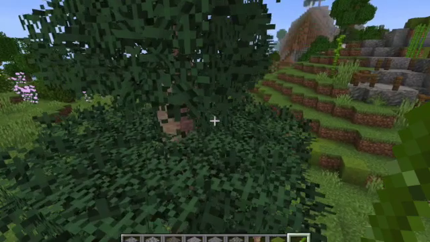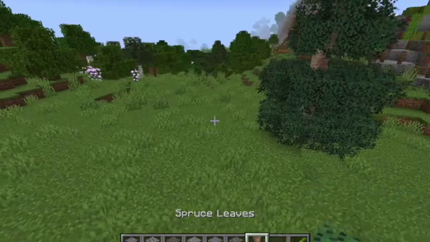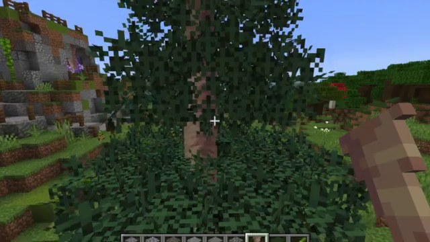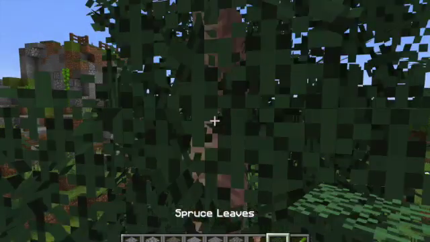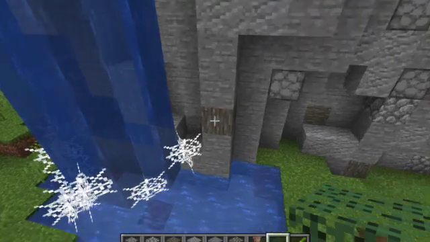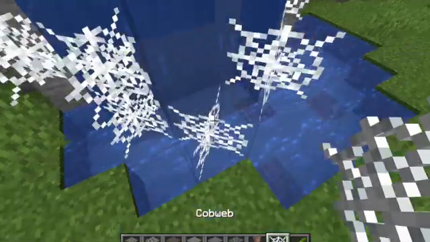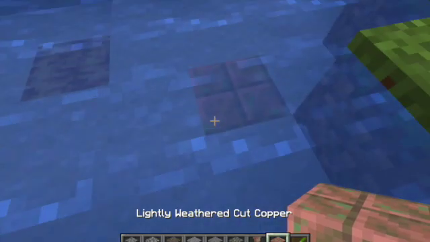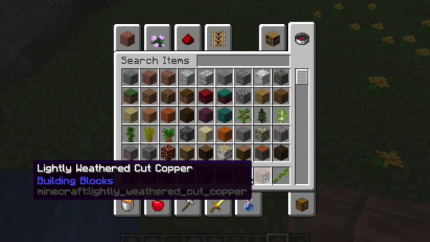And then here, this is a very interesting design. I used a stalagmite as a pine tree, like this. And I actually think it looks pretty good. And also at the back here, I have added a waterfall with cobwebs that look like it's like the steam coming off it. And at the bottom of it, I have lightly weathered cut copper, which only is lightly weathered,